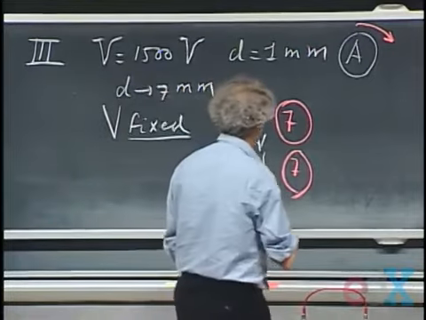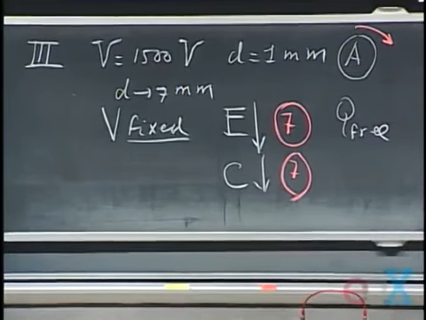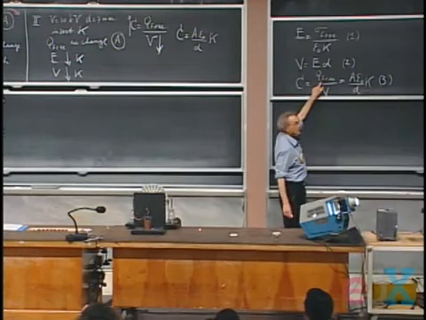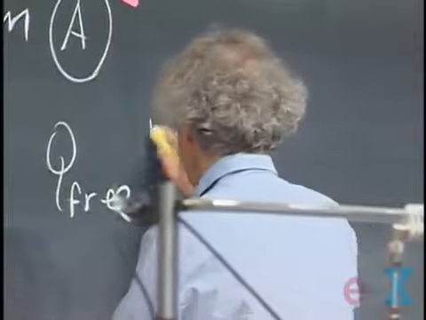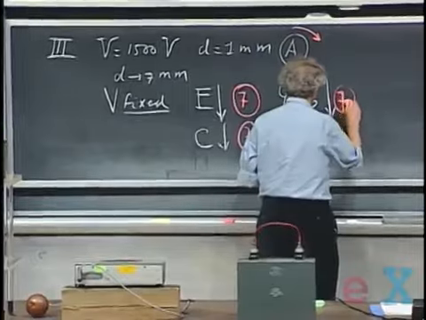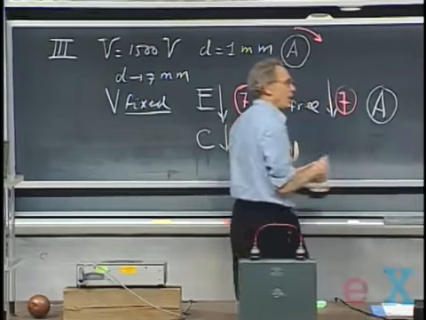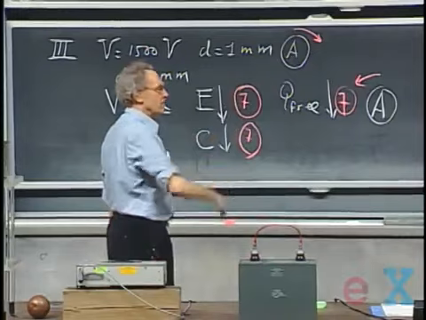And so Q free must now also go down by a factor of 7, because if the potential difference doesn't change, if C goes down by a factor of 7, Q free must go down by a factor of 7. This goes down by a factor of 7, this doesn't change. So the free charge goes down by a factor of 7. And what does that mean? That means charge will flow away from the plates, and so my ammeter will tell me that charge is flowing from the plates,